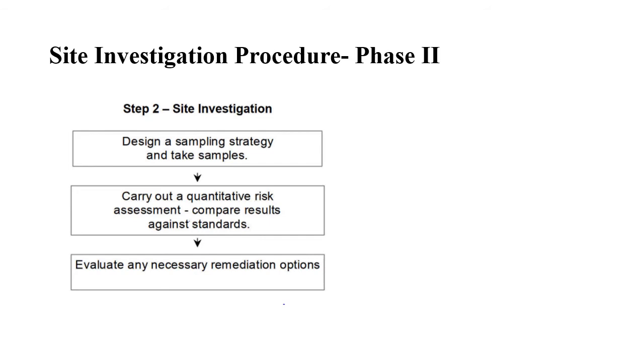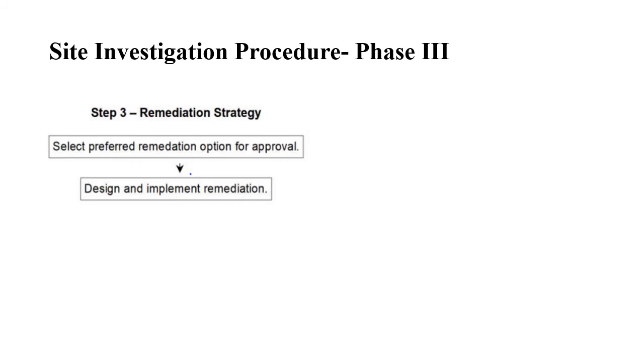Okay, so if that is exceeded, definitely your land is highly contaminated, and you need to propose a suitable remediation strategy or a remediation technique which is contaminant specific. That is absolutely based on the type of contaminants present in the land you are investigating. From phase 2, you will get a clear idea on what type of contaminants you are dealing with and what is the extent of contamination that has taken place in the land. So based on that, you have to propose a suitable remediation technique.